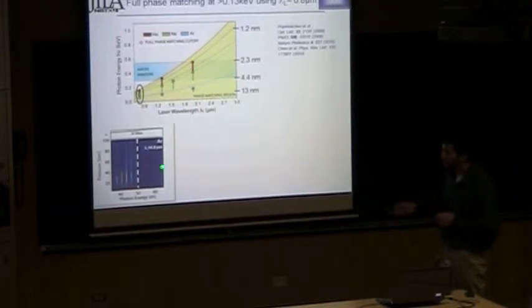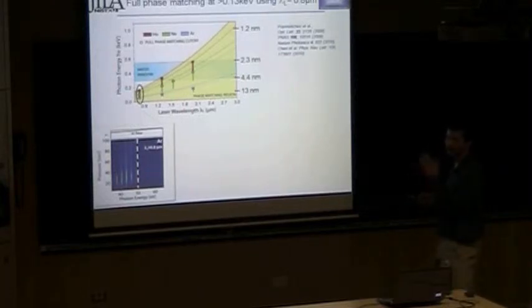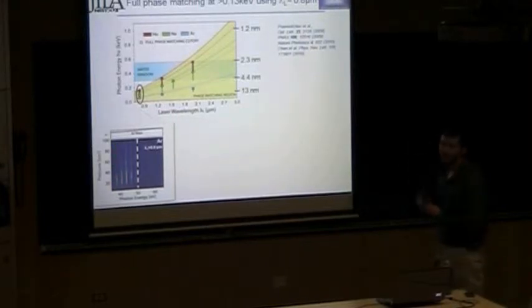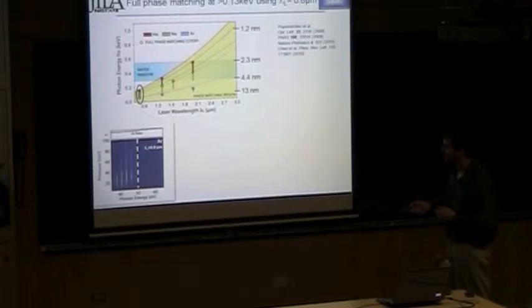And then at the bottom, we're going to plot our results for the different driving laser wavelengths. This is a typical result for argon. Each of these lineouts is a plot of our high harmonic spectrum, and we take our high harmonic spectrum as a function of pressure. Because as I mentioned, the way we understand how this phase matching works is through the pressure dependence, so we get a lot of information out of it by plotting it in this way.